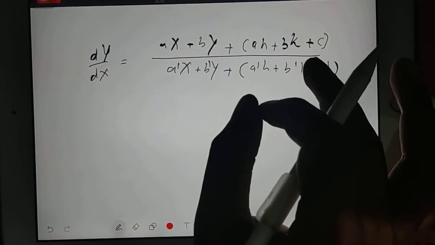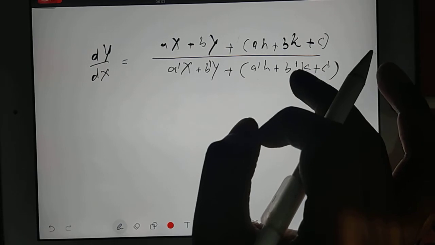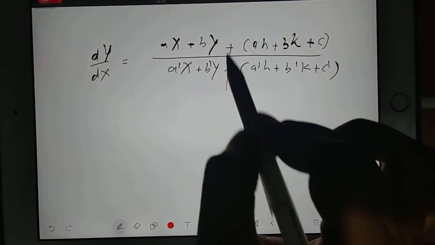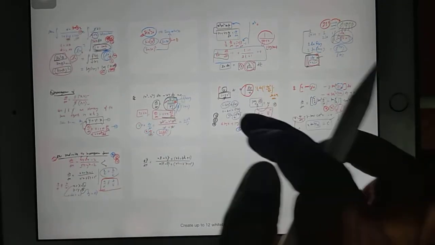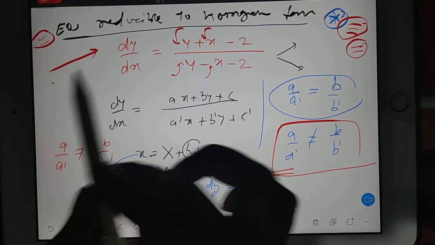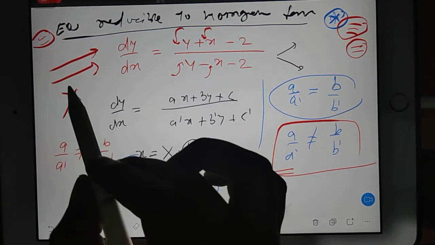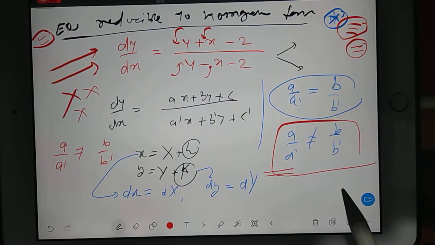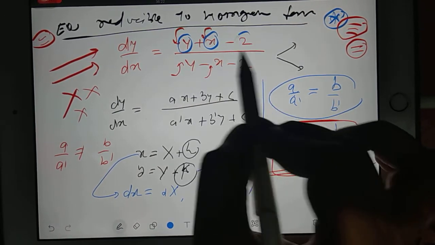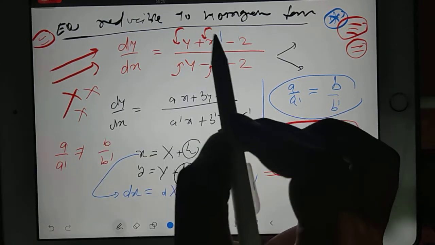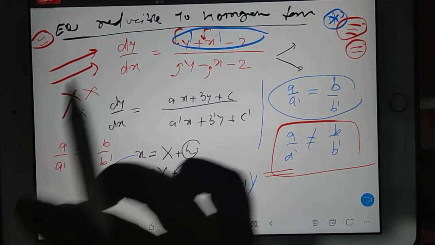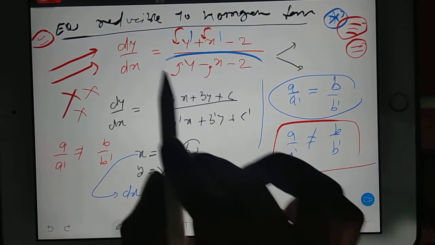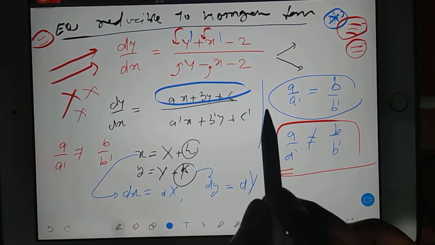Now after getting this equation, our approach is that this equation should be homogeneous. Actually, what is the main cause why this equation is not homogeneous? I'll go back to the question, I have to explain something. To become homogeneous, the condition is that the degree of each term should be the same. But here the degree is 1, here the degree is 1, here the degree is 0, because x and y are not present. So this equation is not homogeneous. That's why here also it is not homogeneous.